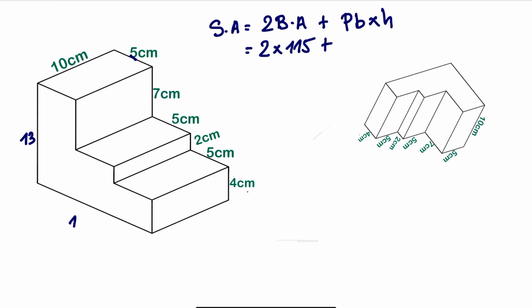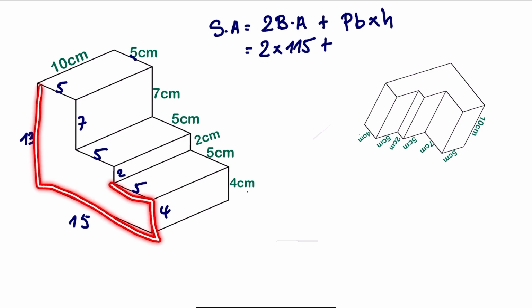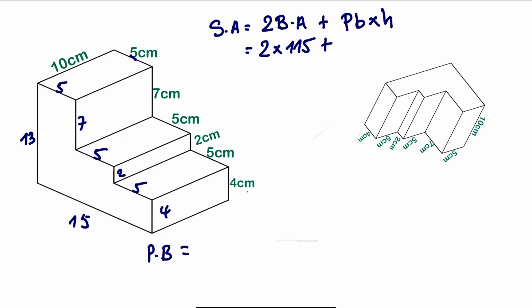Because we want to look for the perimeter of the base. So the perimeter of the base is this plus this plus this plus this plus this, this, and this. So we have 15. Here will be 7. Here will give us 5. Here will give us 2. Here is another 5. And here is 4. And this section is 5. So if we add all of this up together, we are going to have the perimeter of the base. If we add 13 plus 5, all of this will give us 56 centimeters. So now we have the perimeter of the base. You can check it yourself by adding them up. So this will give us 56